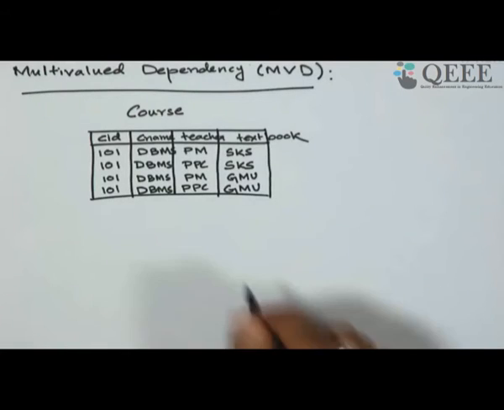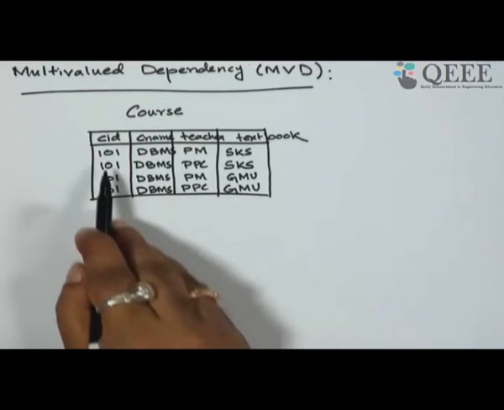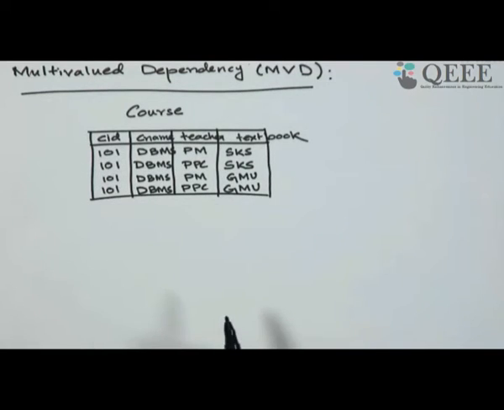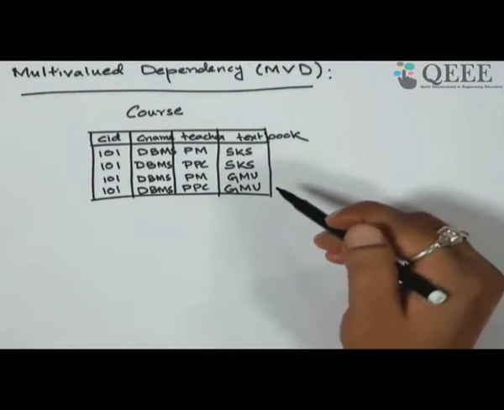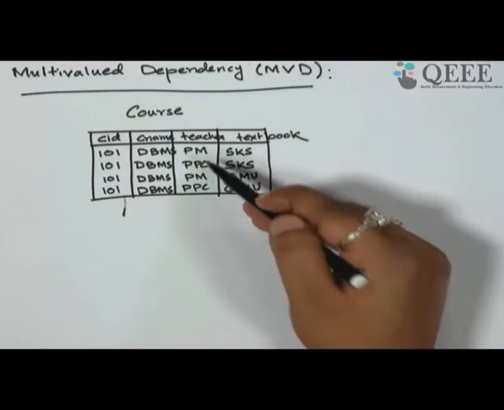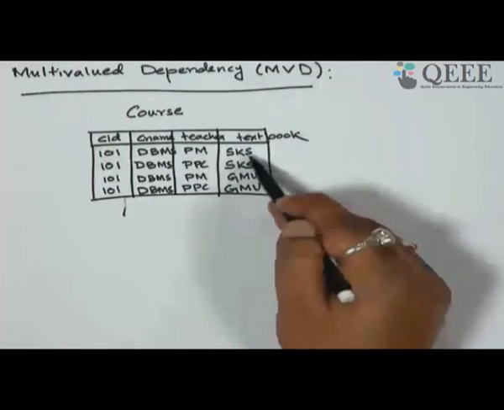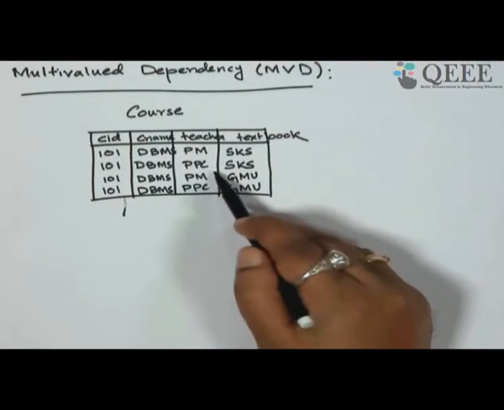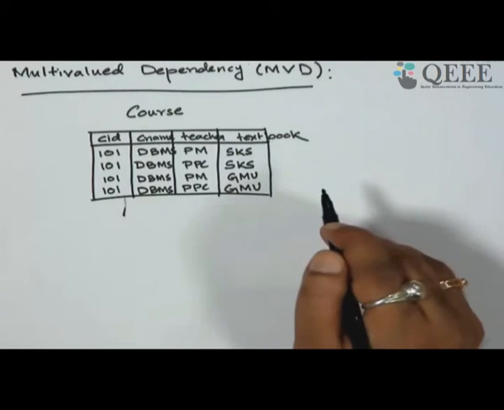So, see, if there are two teachers for the course and two textbooks for the course, to represent a single course, I need these 4 entries: same course ID, same course name, 2 pairs of teacher and 2 pairs of textbook. So, PM against SKS, PM against JMU, PPC against SKS, PPC against JMU. Okay. So,